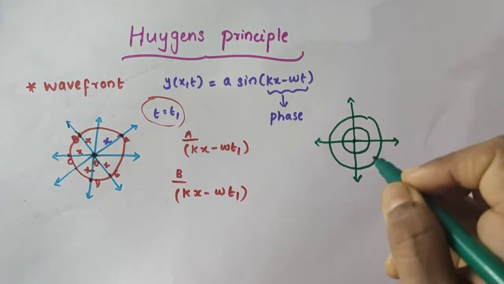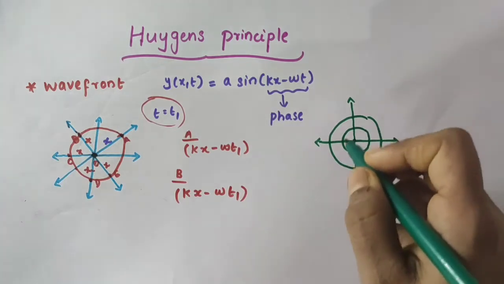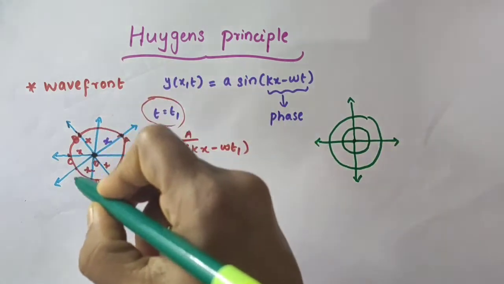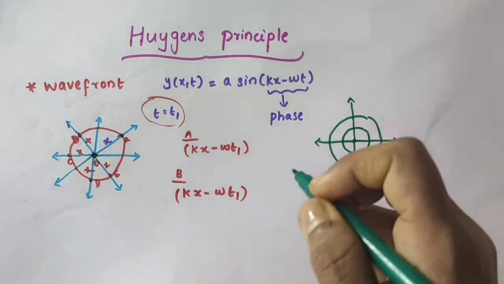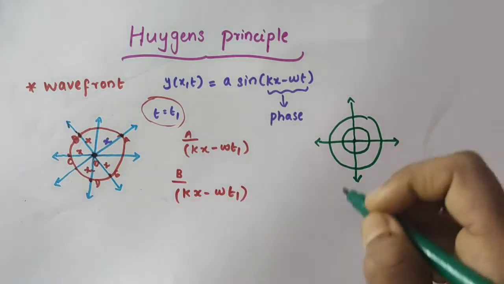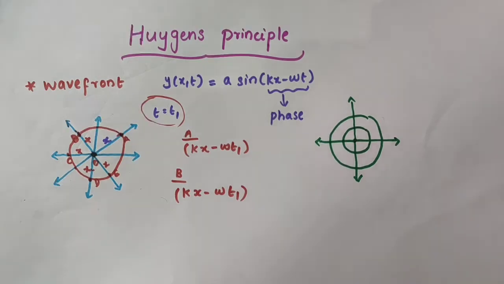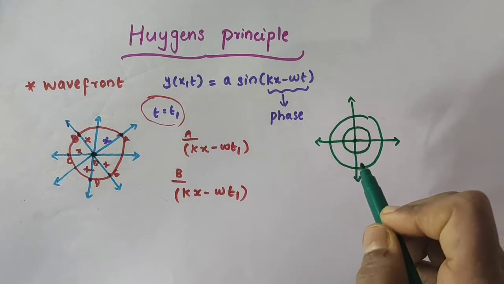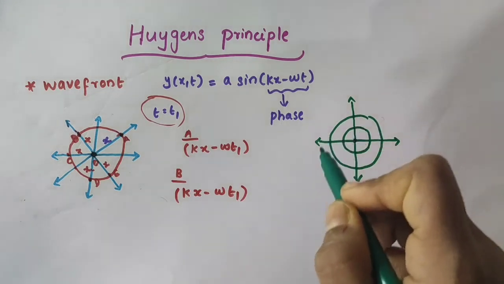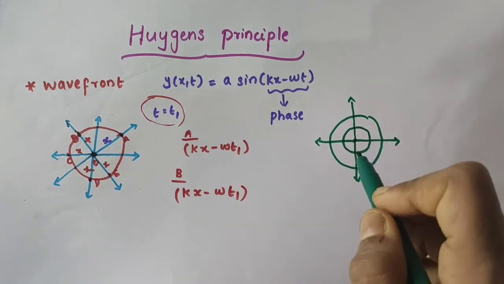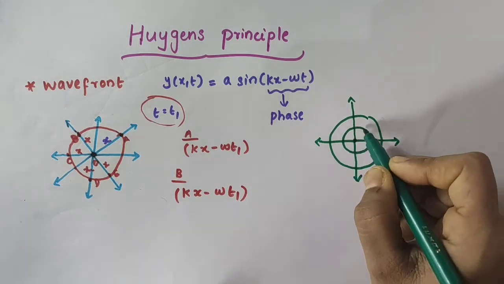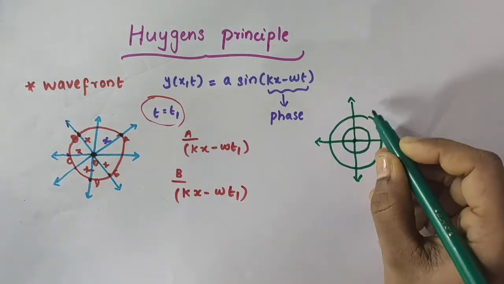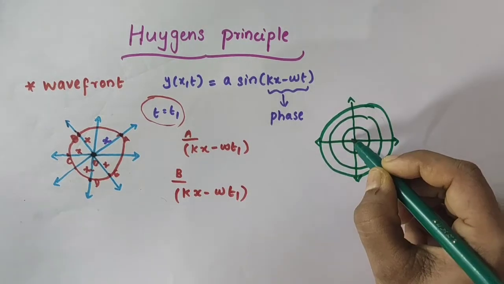And here we have what is known as a spherical wave. This red one is the wavefront, and in the three-dimensional case that will be a spherical one, and that is actually called a spherical wave. That is, if we have a point source of waves, then the wavefronts are spherical in nature and they will be concentric spherical wavefronts. All of them will have the same center. The center of this spherical wavefront is this, and the center of another spherical wavefront will also be the same.